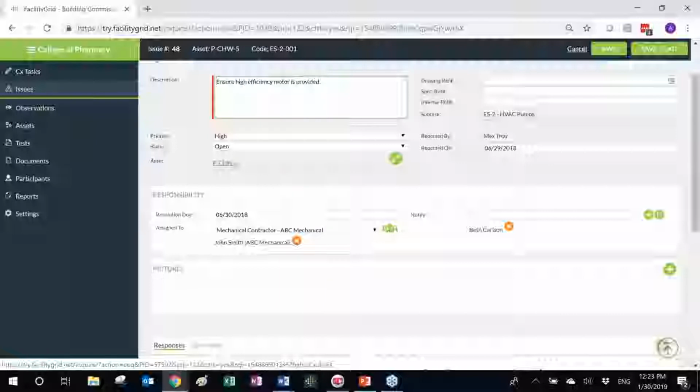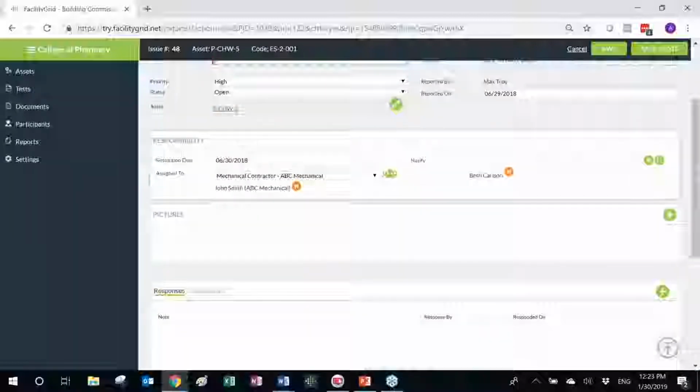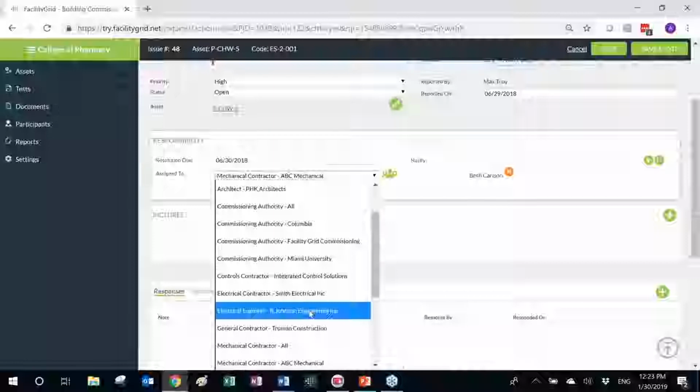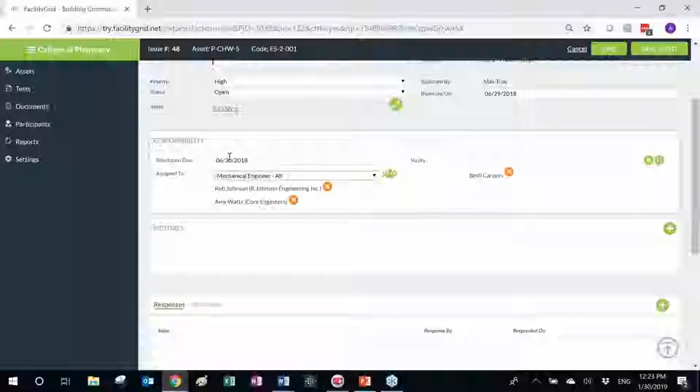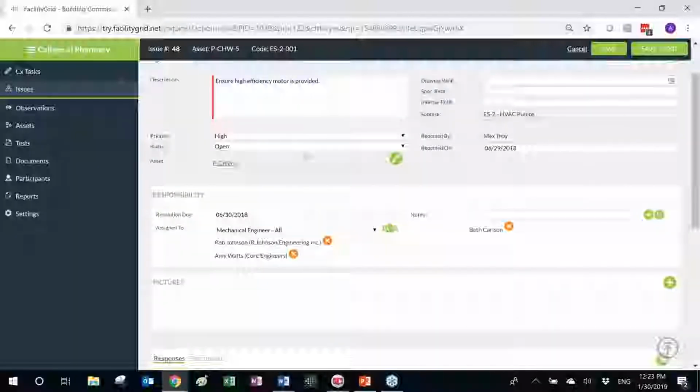So again, in this case, I have linked this equipment submittal to the asset. I assigned responsibility for responding to the issue to the mechanical engineer. I assigned the resolution due date, and this is where